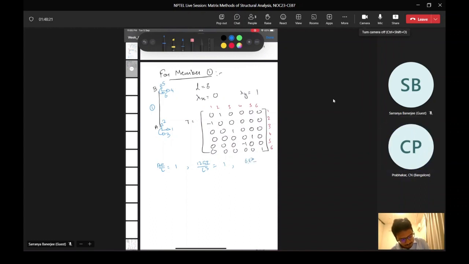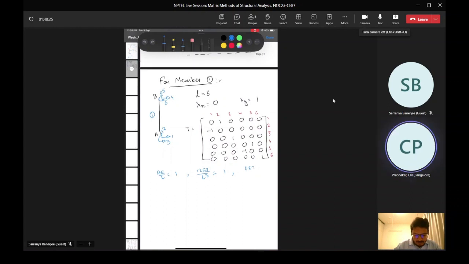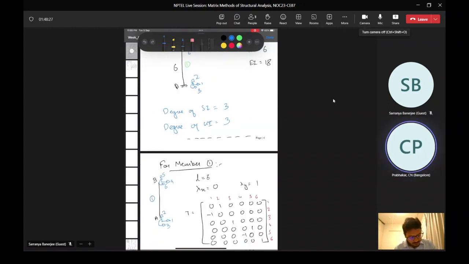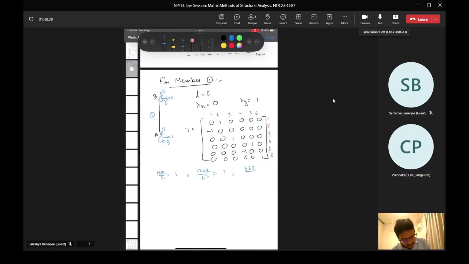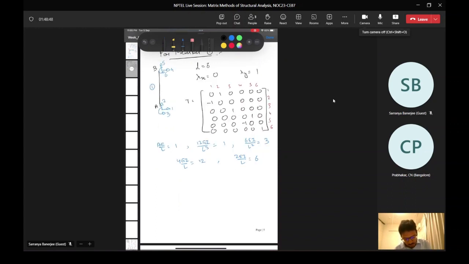We already know AE and EI, right? You have noted this down, yes. 6 EI by L square equals 3. 4 EI by L equals 12. And then 2 EI by L equals 6. Okay, fine. Now our stiffness matrix